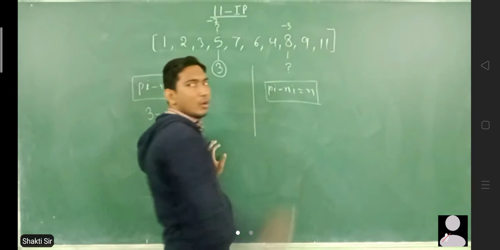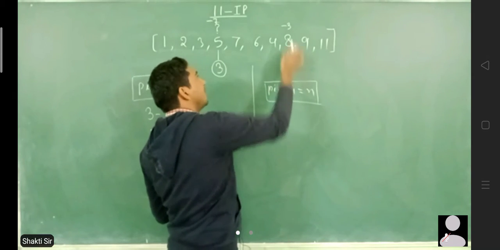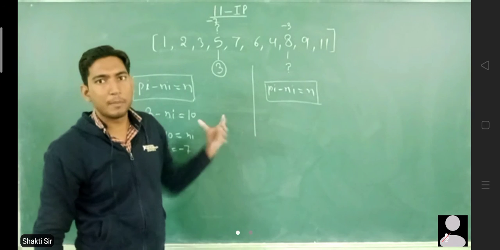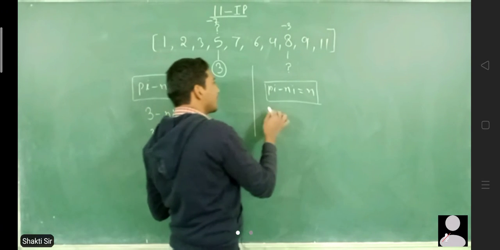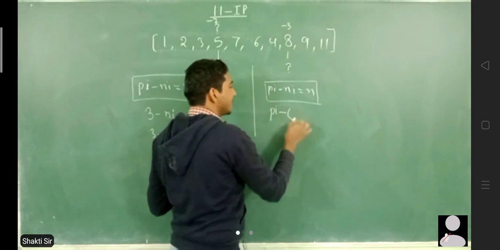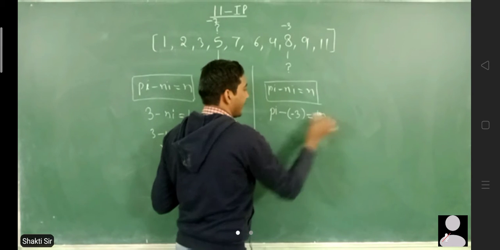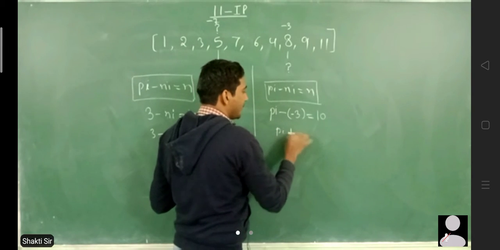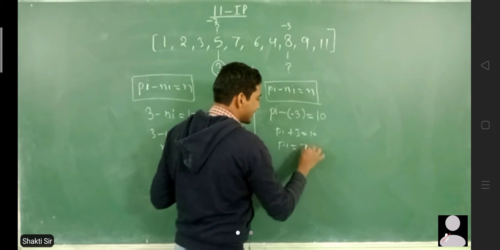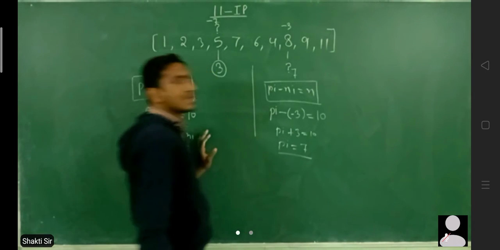तो व्हाट इज गिवन, द वैल्यू ऑफ ni इज गिवन एंड वी आर रिक्वायर्ड टू फाइंड द वैल्यू ऑफ pi। So what should I do, pi we have to find, ni we have given -3, -3 is equal to n, and value of n is 10. So pi plus 3 is equal to 10. So pi is basically 7. Okay? So this answer is 7. Let us see if it is correct or not.